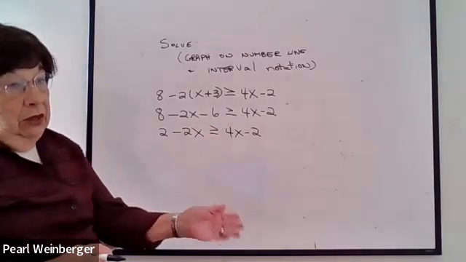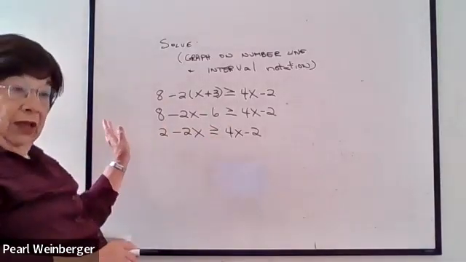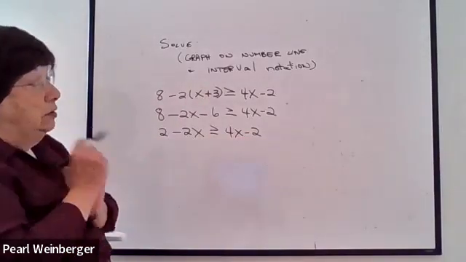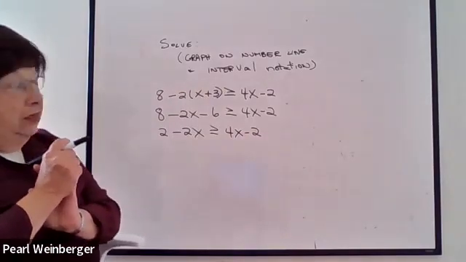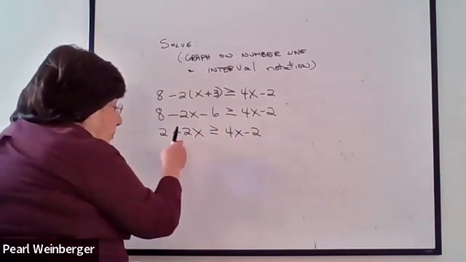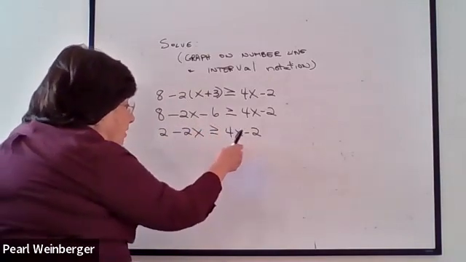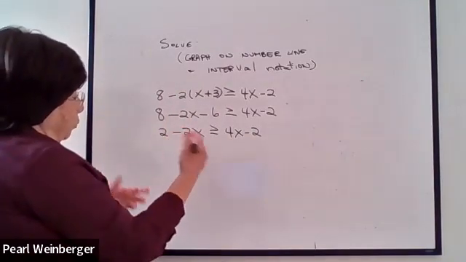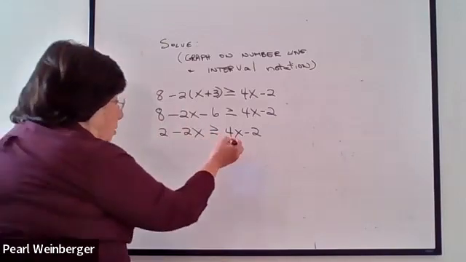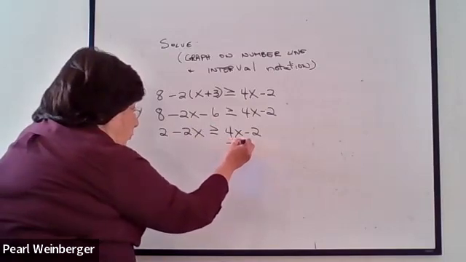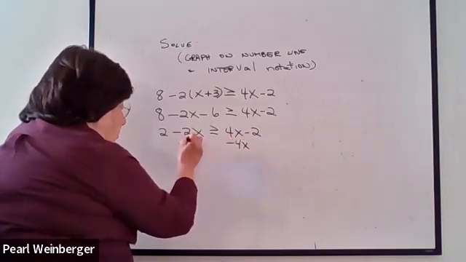Now, as I've done all along, I want to get the variable to the left and the constant, the numbers, to the right, especially when we're trying to solve an inequality. Even though it looks simpler to do plus 2x, I don't want to end up with the x's on the right. If I'm not careful, I'm going to do my graph and my inequality is wrong. So I want to end up with the x on the left side. So I'm going to minus 4x from both sides,